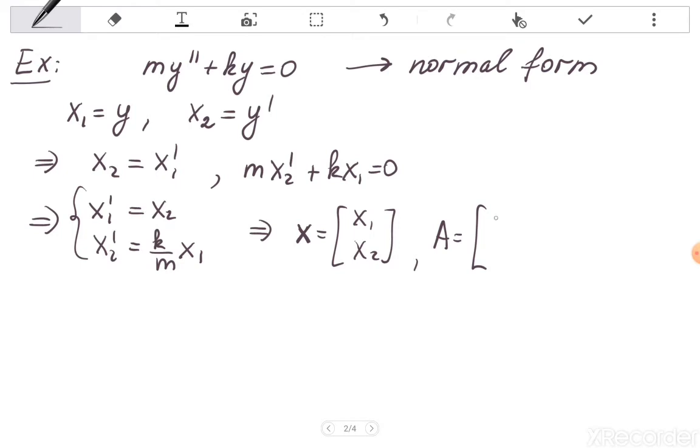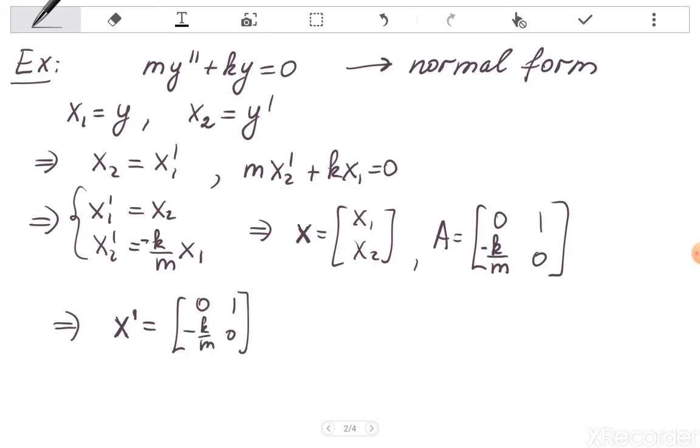For x1 we have 0, right? So 0. For x2 we have coefficient 1. And in the second equation for x1 we have coefficient k over m. Sorry, should be of course minus, because we moved kx1 to the right with minus, and 0 here. So the normal form of this system, x prime is the matrix 0, 1, minus k over m, 0, times x. Okay, and in fact